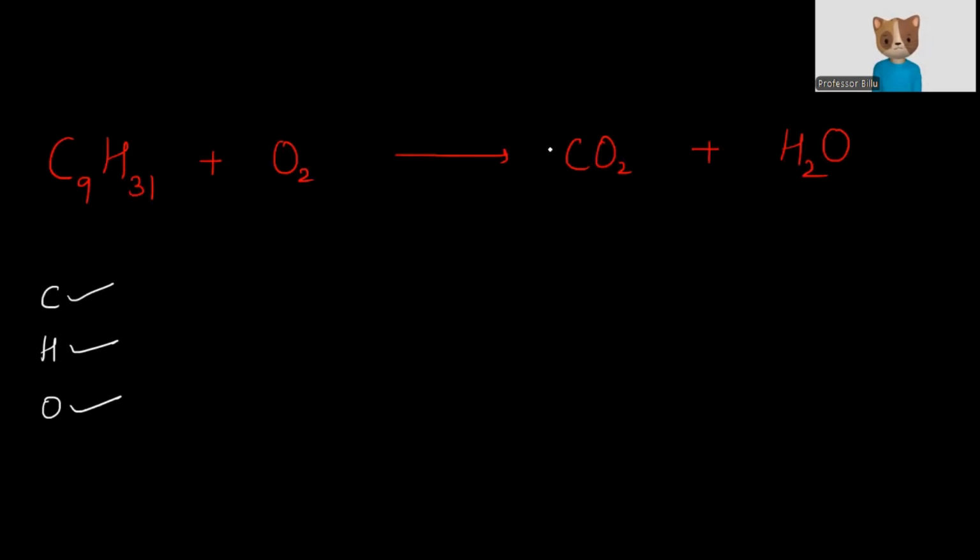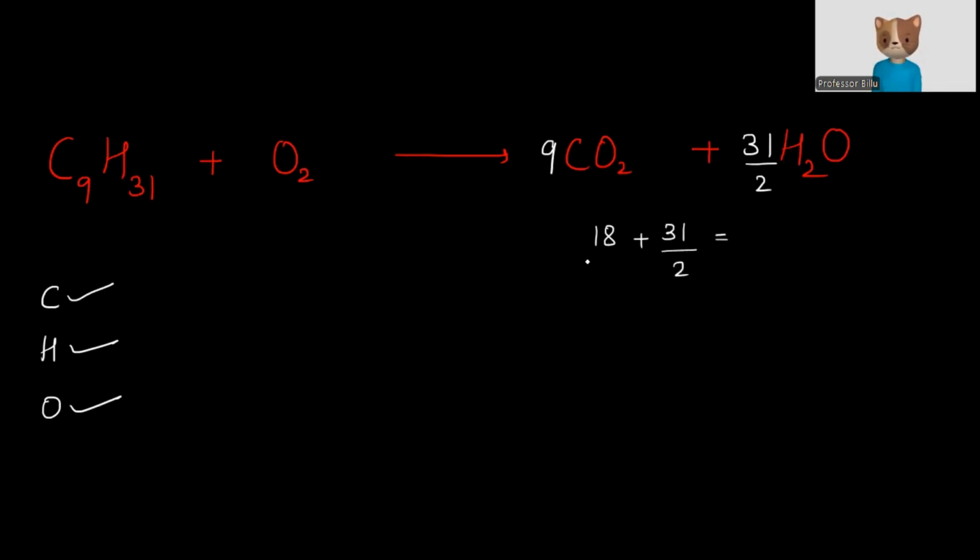Carbon, we have 9 carbons. Hydrogen is 31. So this is already 2 on the right side. So we will put 31 by 2. Now let's count the number of oxygens on the right side. This is 18 and this is 31 by 2. So this will give you